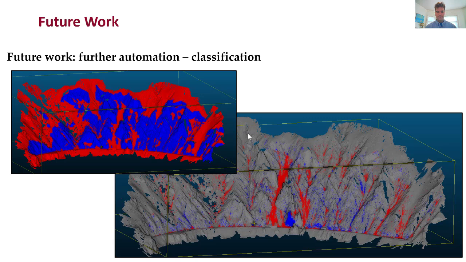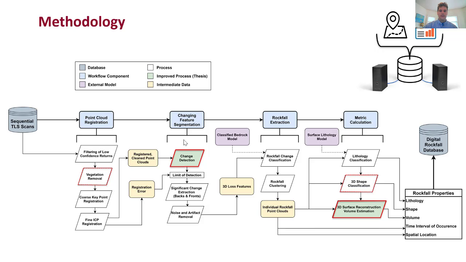Now getting into the future work, some of the future work for digital rockfall databases involves the further automation of classification. And so for the White Canyon, since it's so big, we've used a bedrock model in order to help us classify between talus and rockfall occurrences, because we don't want to include talus movements in our rockfall database, as that would skew our results and would really change what our perception is of rockfall activity, its occurrence, as well as its hazard. And so that process occurs here in Mimesis along this rockfall extraction portion of